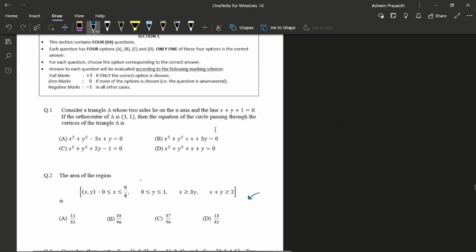This one, actually, I got stuck in the middle, but I used the hint from the options like this. So something like this, and this point we know is -1 comma 0. And I think I got one of these two coordinates. I don't remember which one. So basically, I just satisfied -1 comma 0 in all the options, and I saw only B or D was satisfying it.